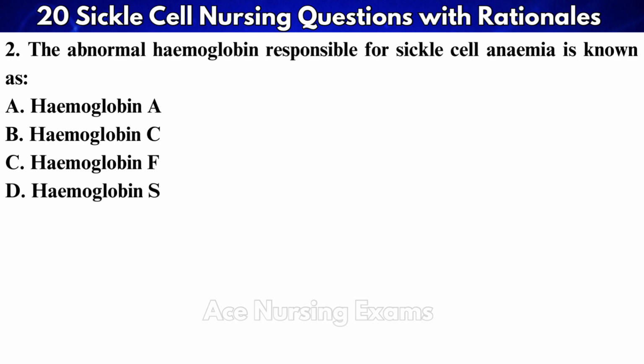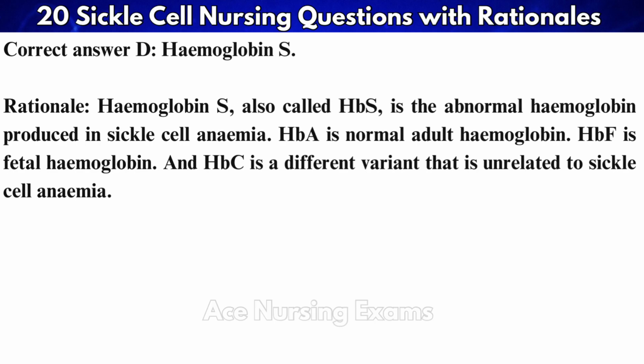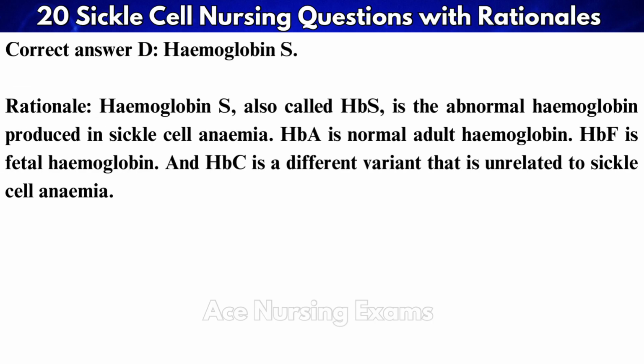Question 2. The abnormal hemoglobin responsible for sickle cell anemia is known as A. Hemoglobin A, B. Hemoglobin C, C. Hemoglobin F, D. Hemoglobin S. The correct answer is D. Hemoglobin S, also called HbS, is the abnormal hemoglobin produced in sickle cell anemia. HbA is normal adult hemoglobin, HbF is fetal hemoglobin, and HbC is a different variant that is unrelated to sickle